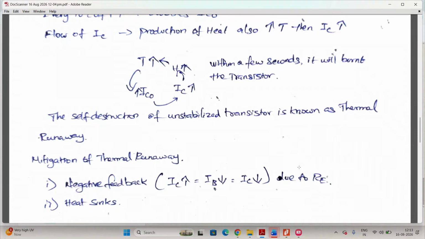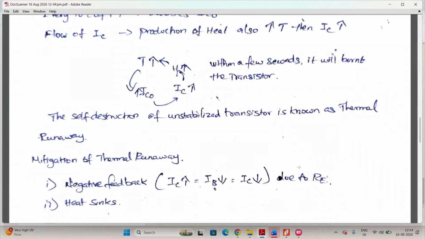And the second type of mitigation we are using is heat sinks. If you see many types of transistors in physical components, there will be a cap fitted on normal BJT transistors, like in the image here. I'll try to add that image also. So that may pass on the heat that we are dissipating here. The heat can be dissipated with the help of an air gap, because if it is open in a space, definitely the air will be able to